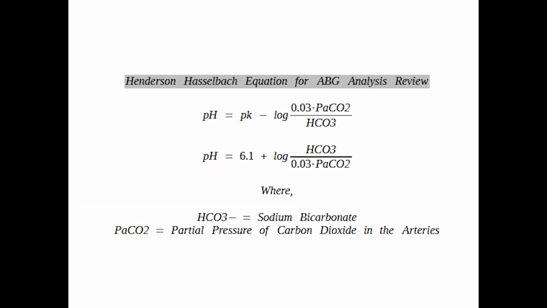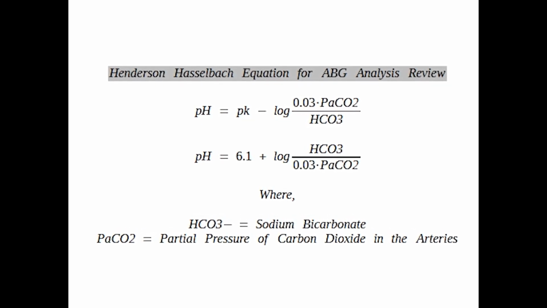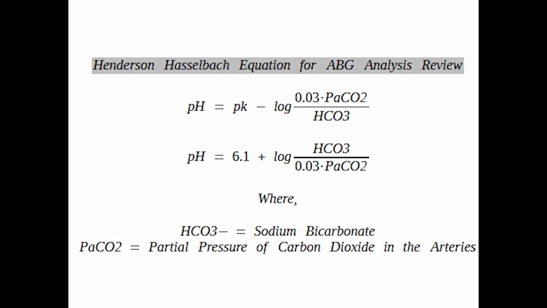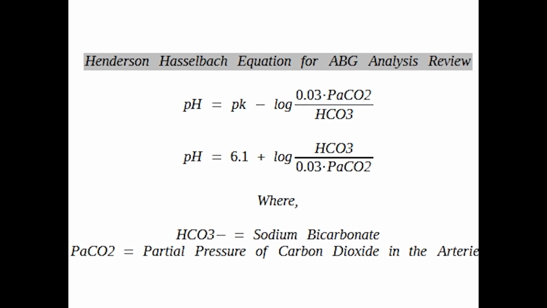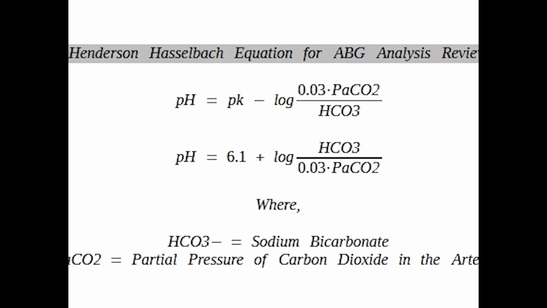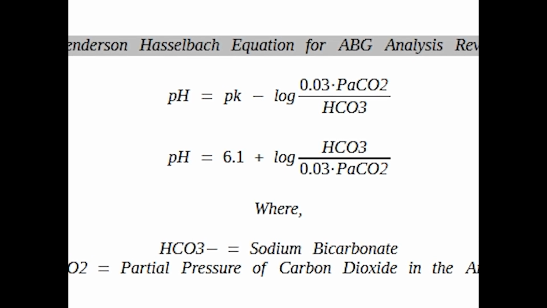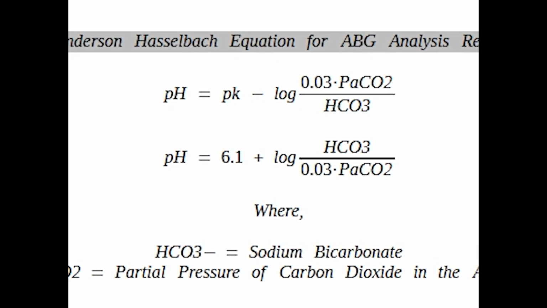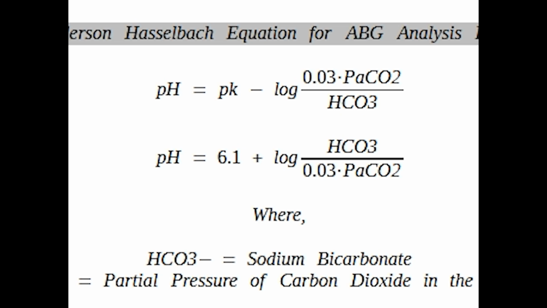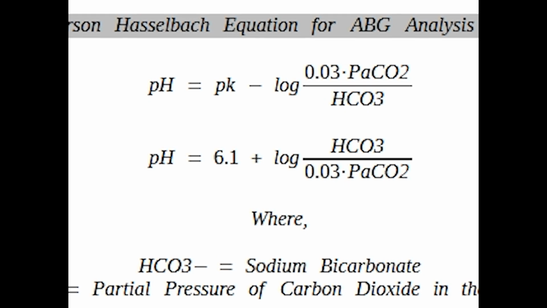So what we're looking at here is the Henderson-Hasselbalch equation for ABG analysis, and this is just a quick review. So pH is determined by pK minus log times 0.03 times PaCO2 divided by bicarb. However, it can be reworked, so it's pH equals 6.1 plus log times HCO3 divided by 0.03 times PaCO2 if you go into the fancy mathematics, but that's not for us. For us here, what we're interested in is the part of the calculation where you can input the sodium bicarbonate and you can input the PaCO2 from the patient, so that way you can figure out what you want to